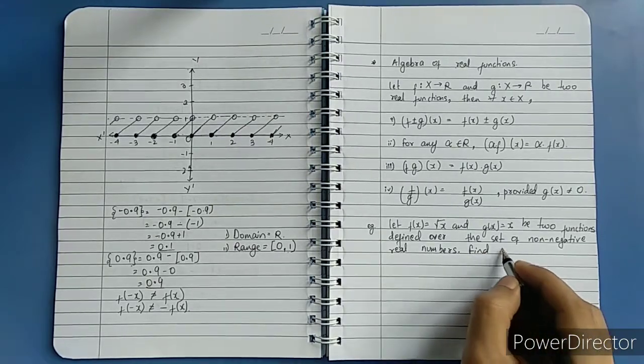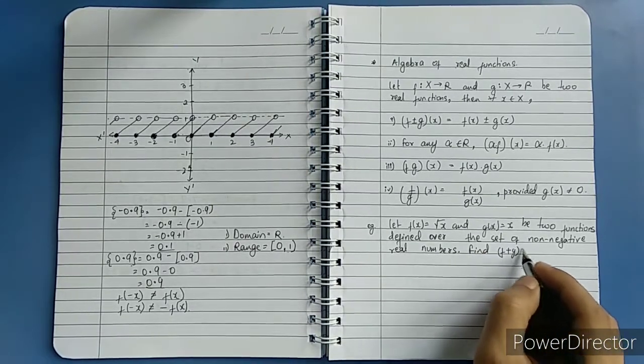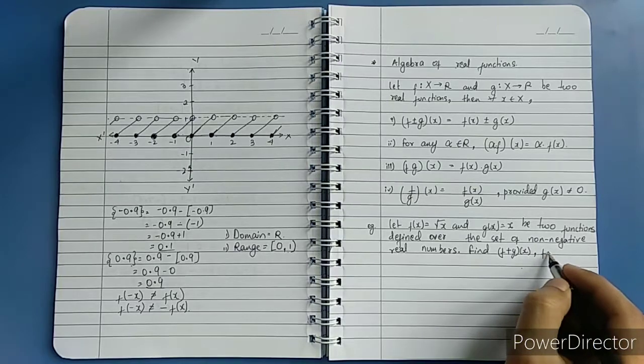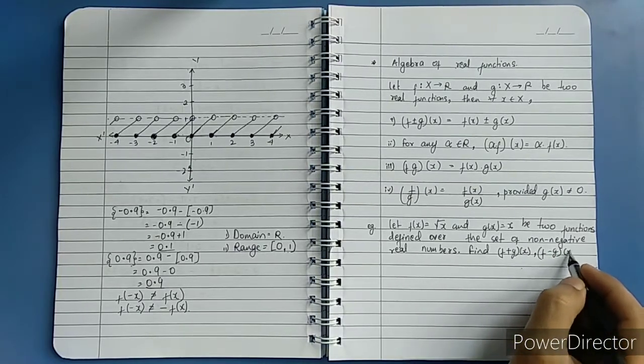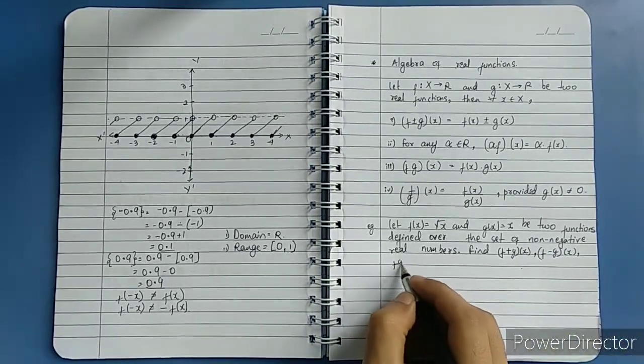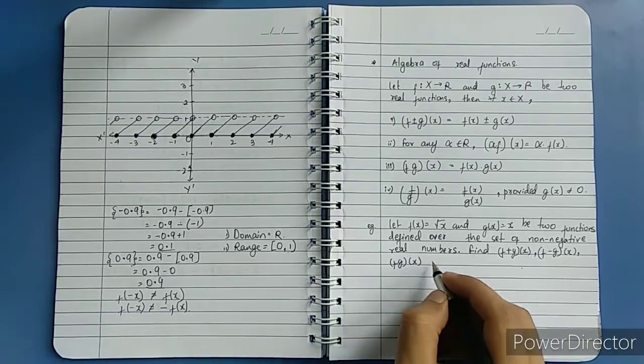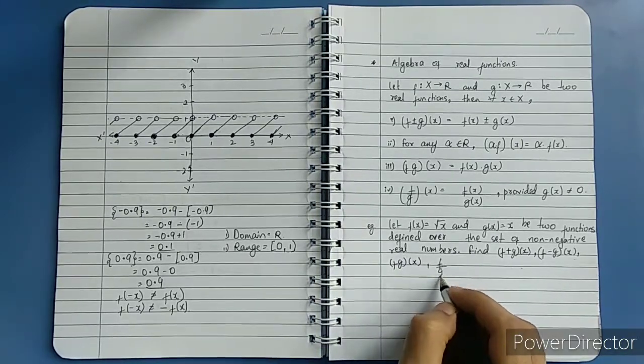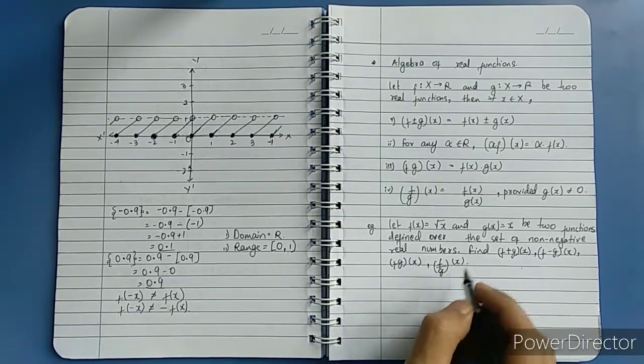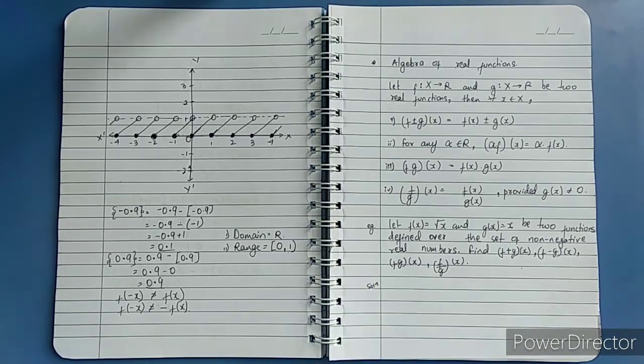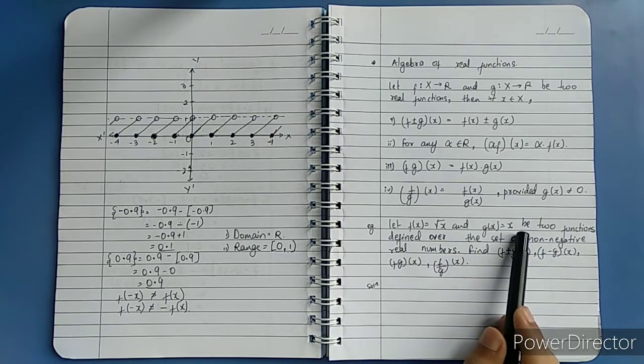Find f plus g of x, f minus g of x, f into g of x and f by g of x. So, solution. First of all, one very important thing to note over here is that these two